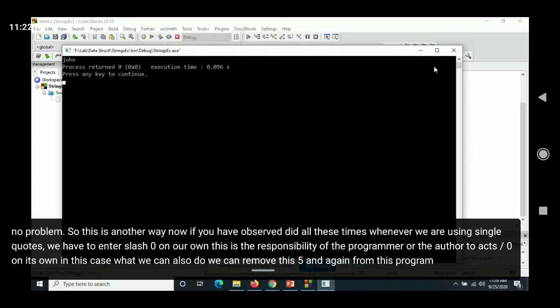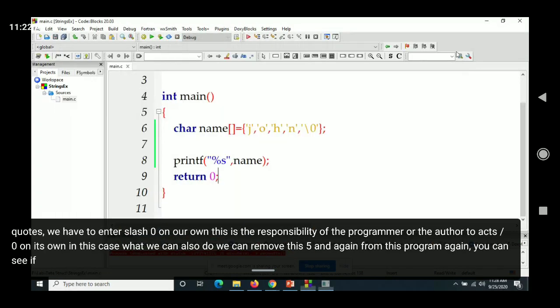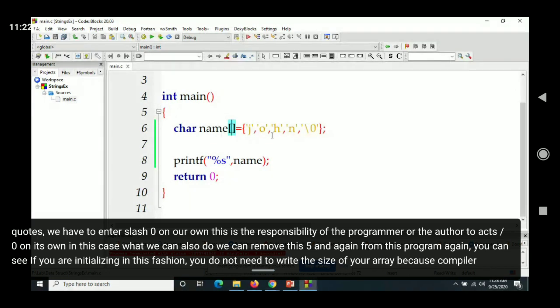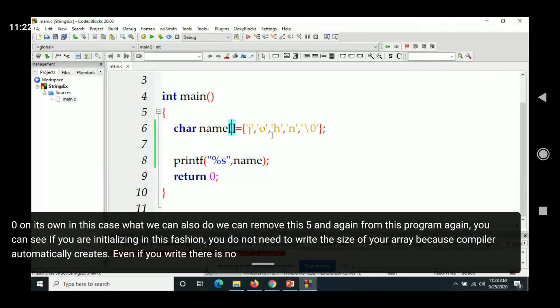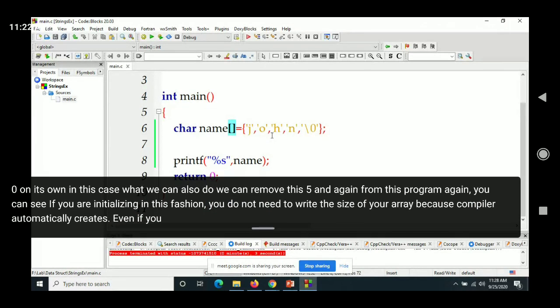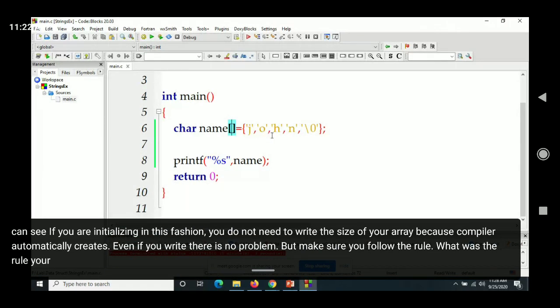Again, you can see if you are initializing in this fashion, you do not need to write the size of your array because the compiler automatically creates it. Even if you write it, there is no problem, but make sure you follow the rule. What was the rule? Your size should be the number of characters in the array plus 1.